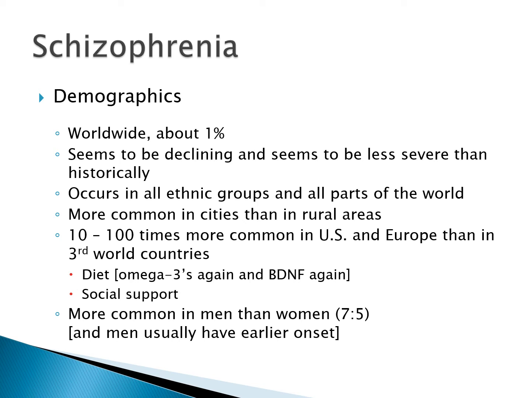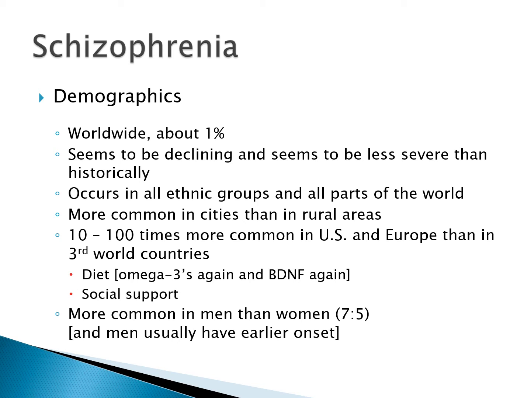But the developing nations don't really have as many doctors, so there might not just be as many people going to get help. And then another thing I have mentioned here again is the omega-3s and BDNF and how important both of those things are. So those omega-3 fatty acids appear to at least help and mitigate schizophrenia. And then also we see some problems with the hippocampus. So we also see if we can help raise brain-derived neurotrophic factor, this can help. But neither of these things is going to cure someone with schizophrenia. It's just going to mitigate some of the symptoms.